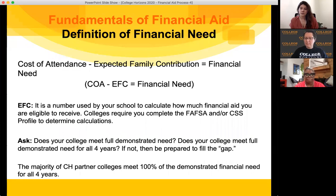And then we use those 2 numbers we just talked about, the cost of attendance and the expected family contribution, to find out what your financial need is. So, right, we take the cost of attendance, subtract your EFC, and that'll bring us to the financial need. And the financial need is the number that your college is aiming to fill. There are different